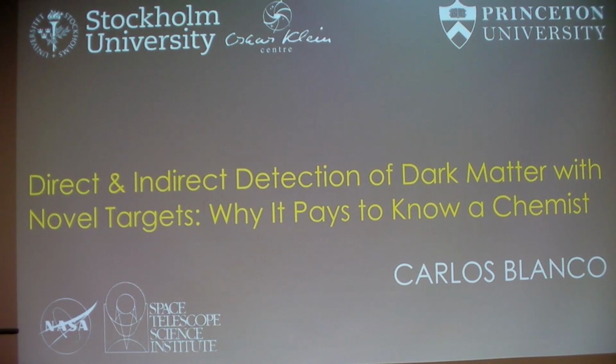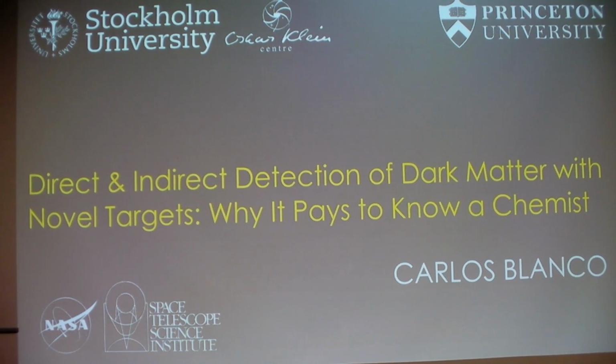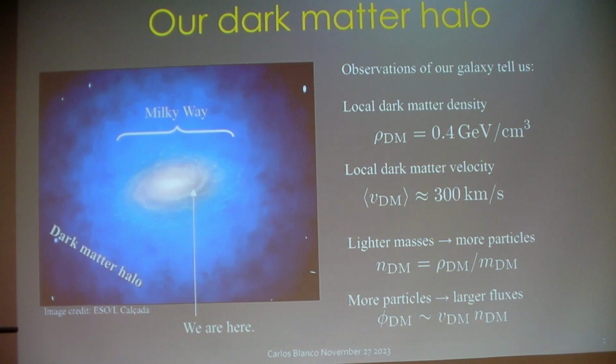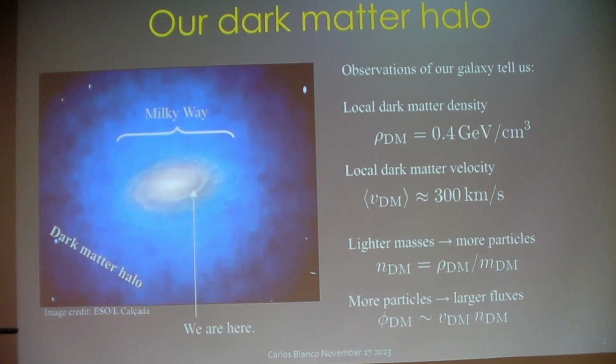As I'm sure that you've heard in the last 3 talks, dark matter is a thing that we need in the universe, and there's a lot of reasons why we think it exists. So I will skip that, and I will just tell you about what we know about dark matter and why we know it. Most of what we know about dark matter comes from measurements of the galaxy in a halo, right? This is a very artistic representation of where we are in our galaxy inside a very large dark matter halo, and it's not to scale, because in reality our galaxy would be quite small in the center of this halo.